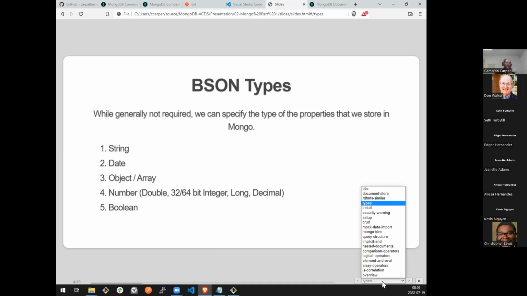And let's see where we're at. Okay, so coming up next is our install. So let's go ahead and do that, because we're going to come back to talk about JSON before we actually start writing queries, because we want to know what JSON is and how it works before we start writing those queries. So let's go through a very quick run of how to install Mongo locally and then get it running. And that will probably take us right up to our break, maybe a little bit before.